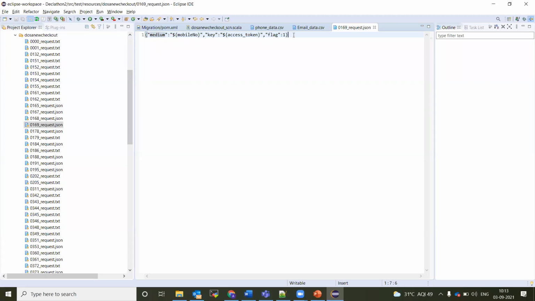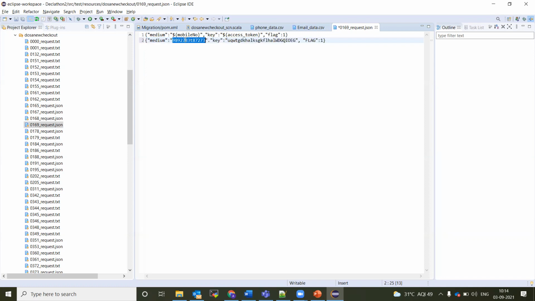Ideally, any JSON request will be like this: it will be a phone number 9894 something, and a comma, and the key is a token here. Let's assume the token is random numbers, and then a comma, and flag as 1. So this is an ideal format, I mean, ideal data that has been passed here.